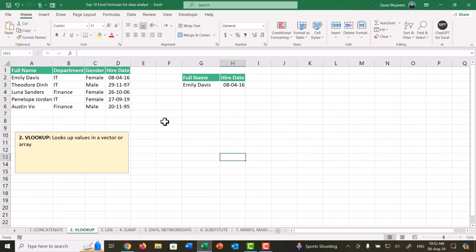The second formula is VLOOKUP, which looks up values in vectors or arrays. Suppose here if I change the name, you can see here the hiring date is automatically updating based on the full name. So how can we do that? Using the VLOOKUP formula,